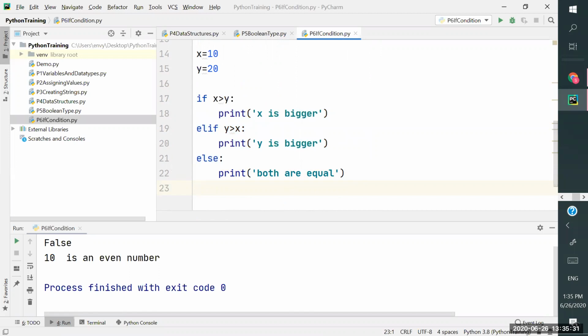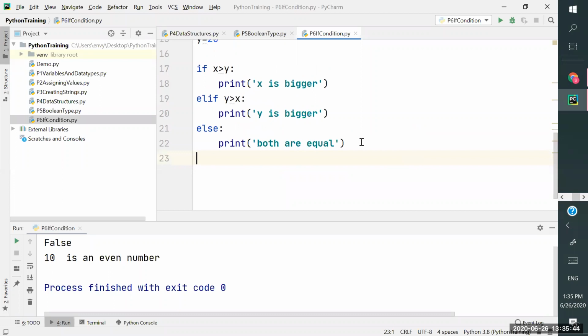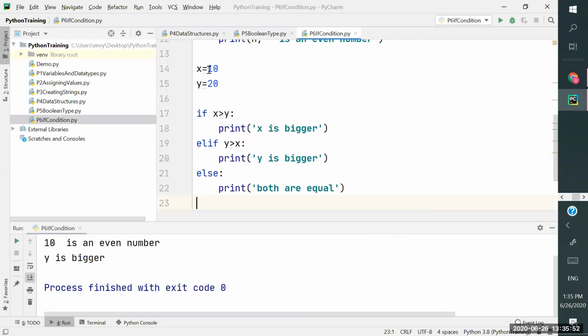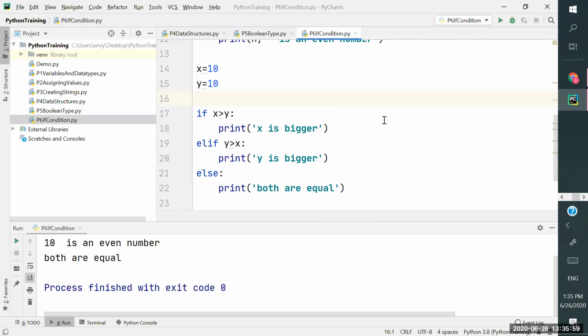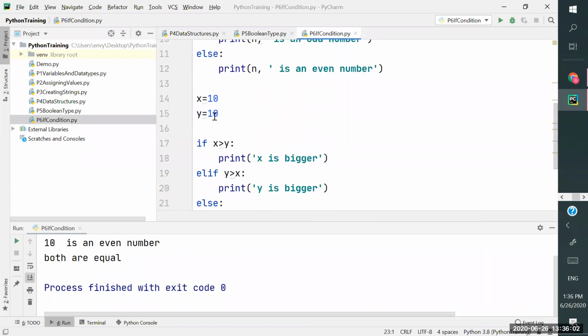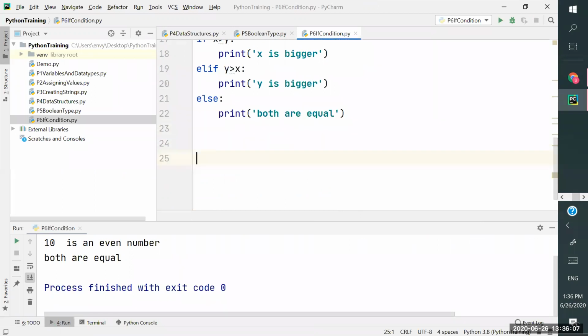And yes, in other languages, you also have something called a ternary operator where you can write an if condition in a single line itself by using some colon symbol. But here, how are we going to write this? So the same thing I will write using the ternary operator technique, and before that I'll execute it. Right, it is giving the correct answer, right? I will give the same value for both, and let's see how it works, and it is working without any issue. So first I will give this, okay, and then I will write the ternary operator technique.